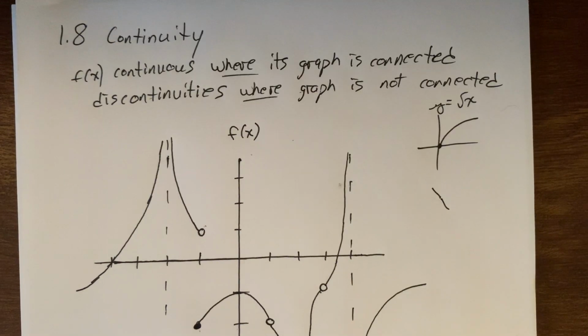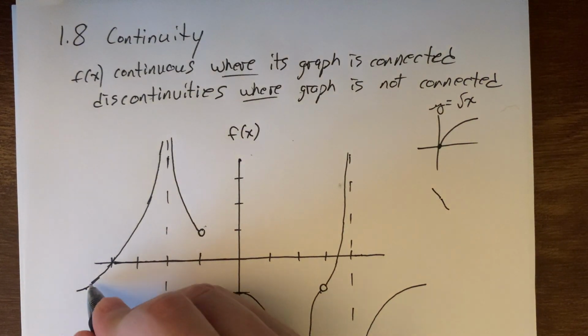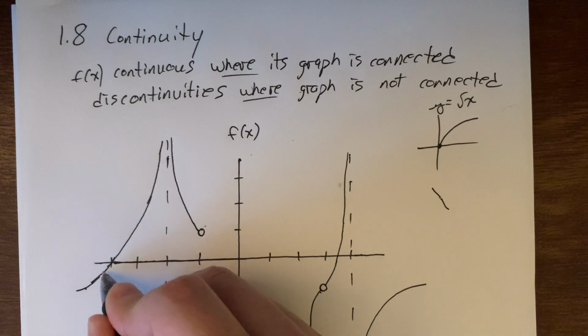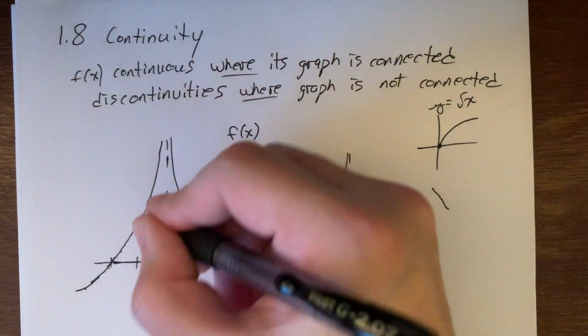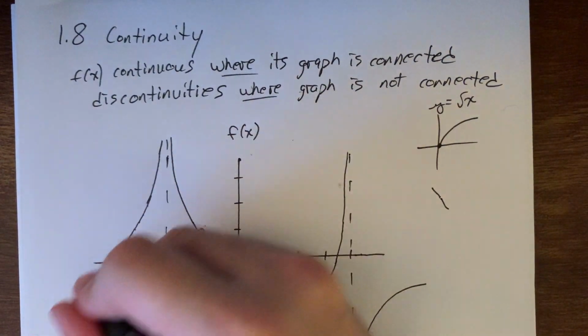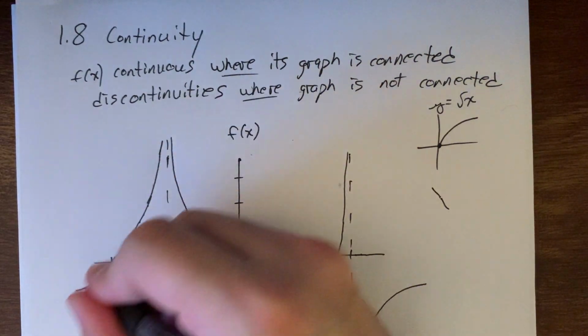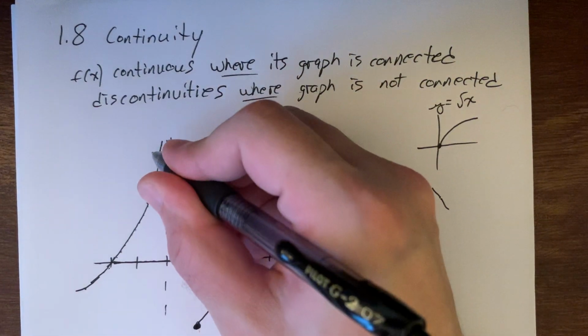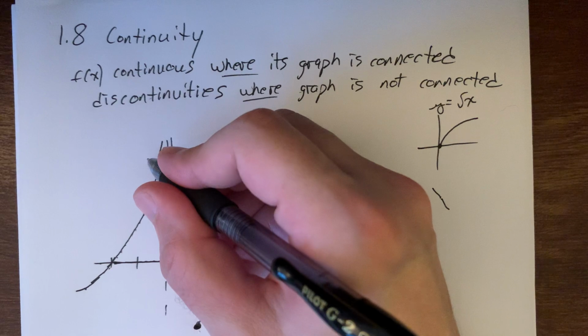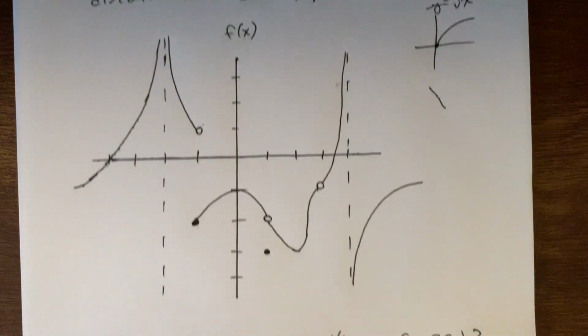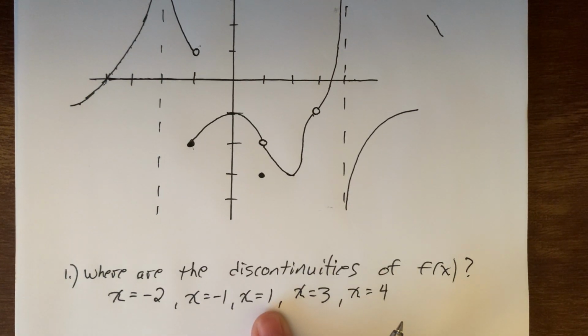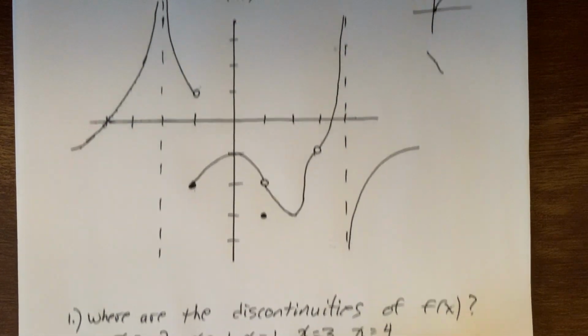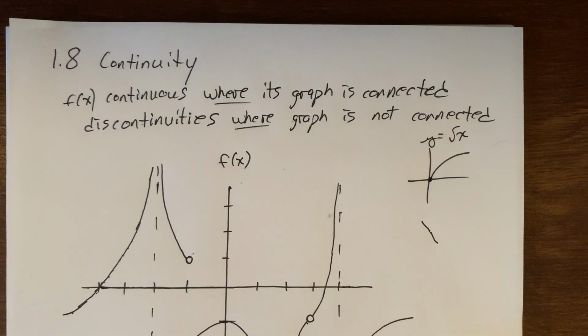So let me go back up here. Well, the graph is connected here, here, here, and here. All of these points, the graph is connected. So it's impossible for me to label all the x values the same way I labeled all the x coordinates where we had discontinuities. Here we need something a little better, because we're going to realize we're not just connected